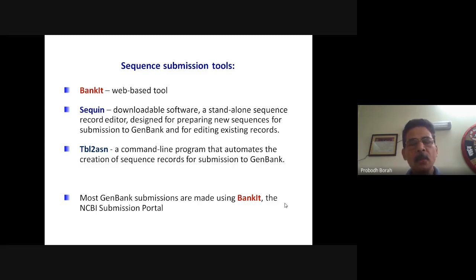TBL2ASN is another tool, a command line based program. That means it is not Windows based, but a command line program which automates the creation of sequence records for submission to GenBank. As I already referred to, most GenBank submissions are made using BankIt, a tool available in the NCBI submission portal and accessible through the internet.